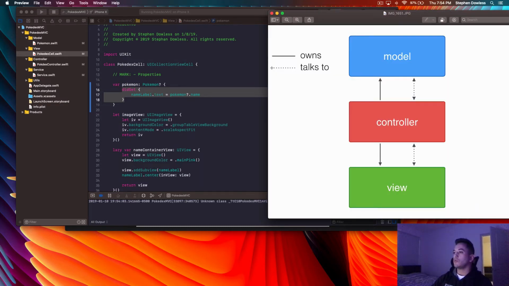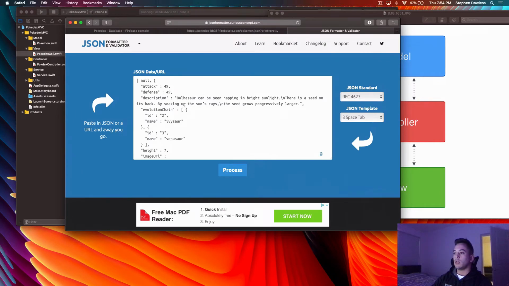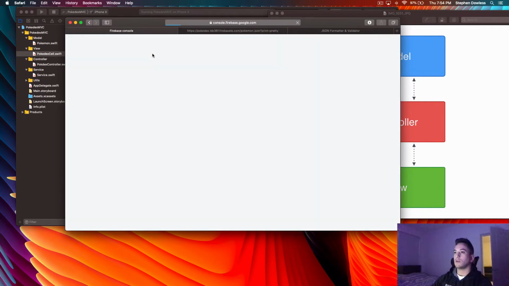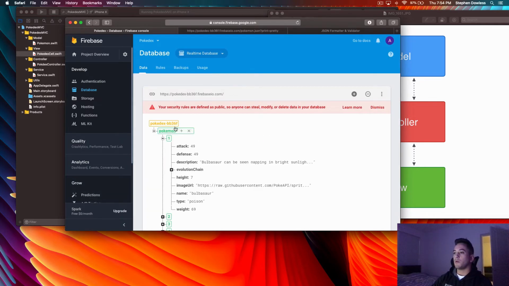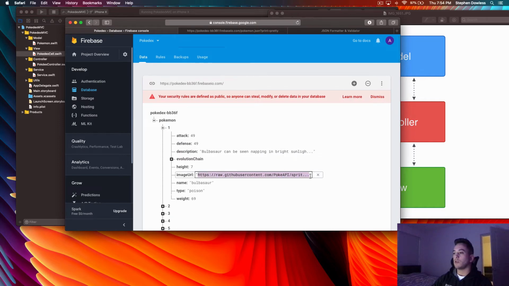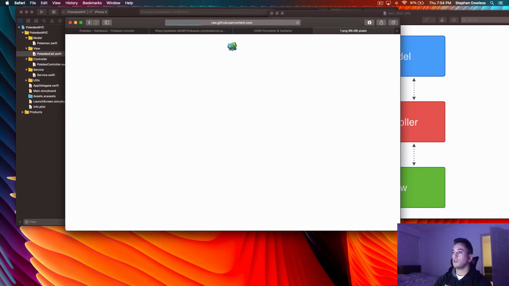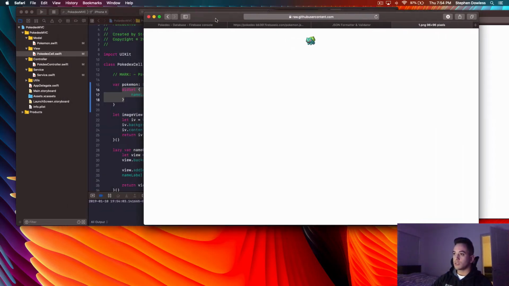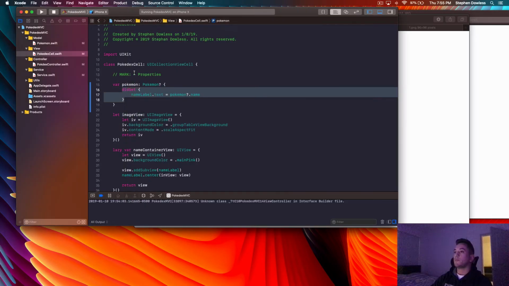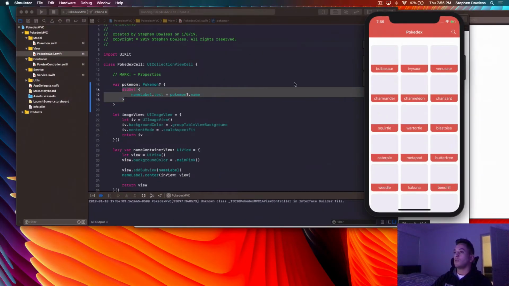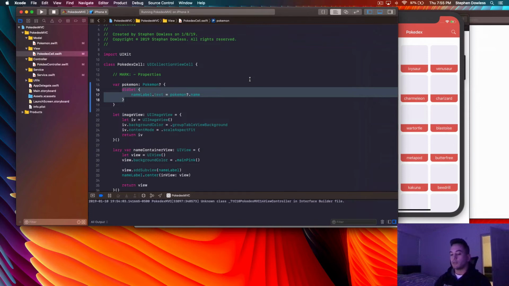So if we were to go into Firebase, because it's easier to read the data here, I think you might remember when I did this, here's our image URL. This is the location of each one of the Pokemon images on the internet. If we pasted this URL here, we get back the image for our Pokemon. So what we're going to be doing now is making another API call to get this image, downloading that image, and then setting that image in our Pokemon cell. So let's go ahead and get started with what we need to do there, guys.